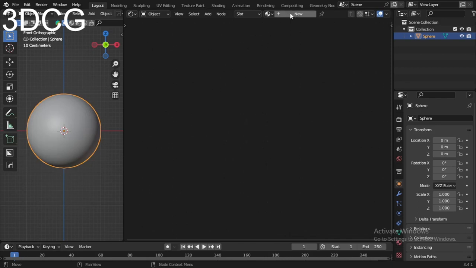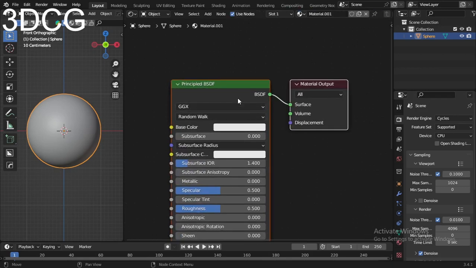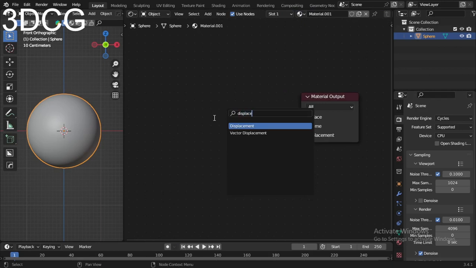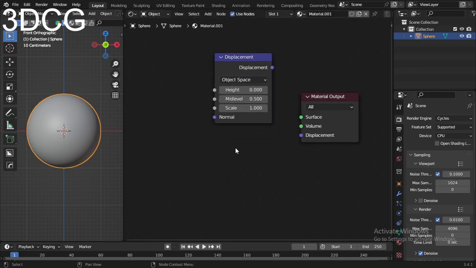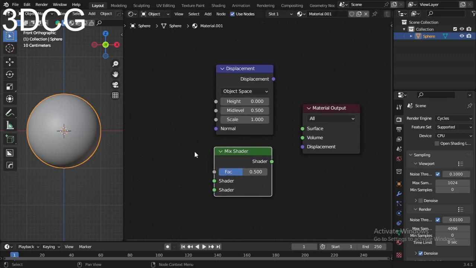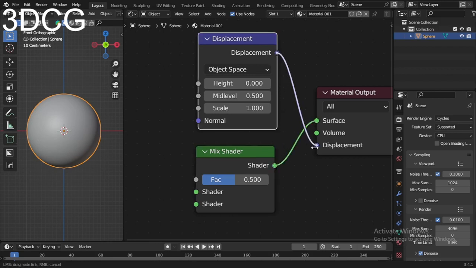Okay, change it to cycles. Okay, now take a new and delete this BSDF and take a displacement node and then take a mix shader and then connect this mix shader with the surface, displacement with the displacement. Sorry, I also switch to the material preview